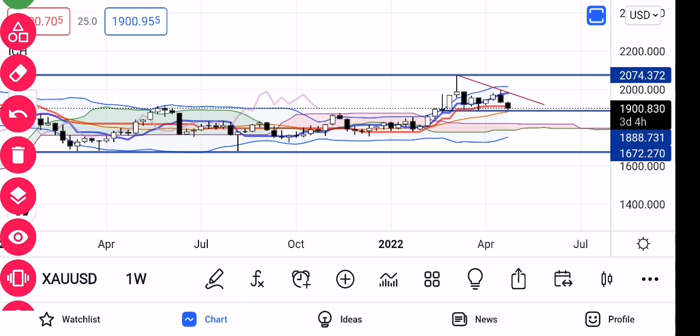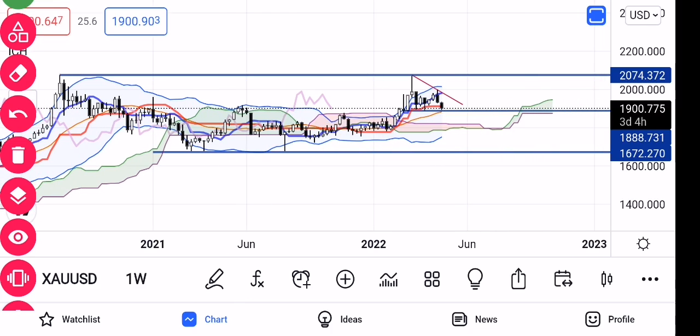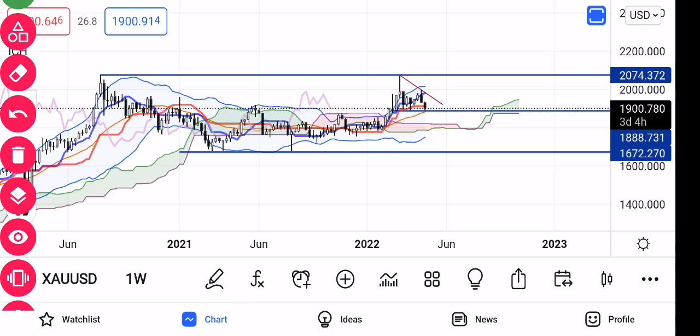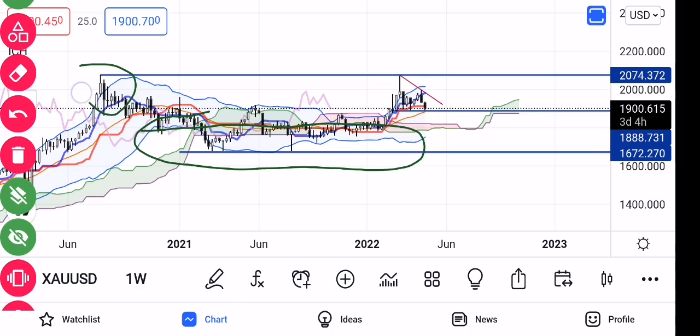Okay, a market we are analyzing here is gold, right? We see in gold on the weekly time frame that gold has made interesting patterns over here, right? It has made one over here. Okay, so if we don't take those patterns, we obviously can see a very nice support level, and it basically just